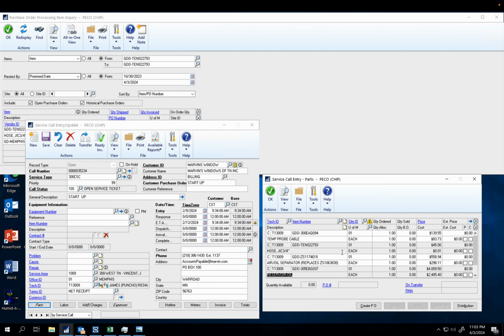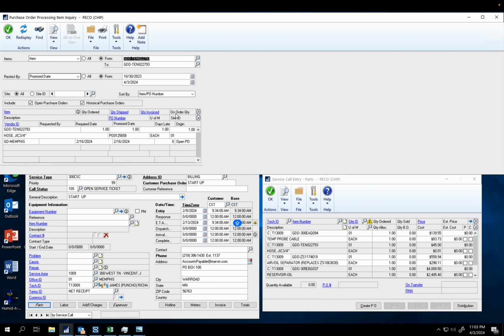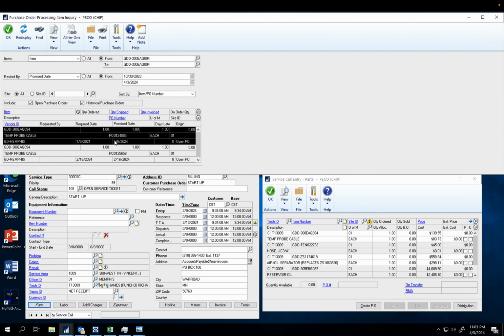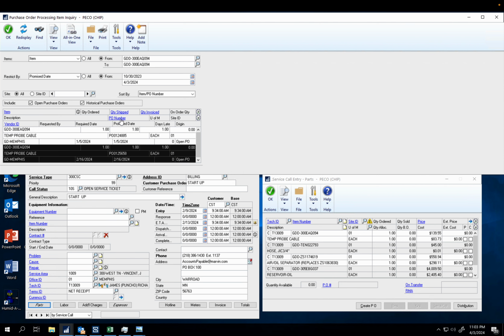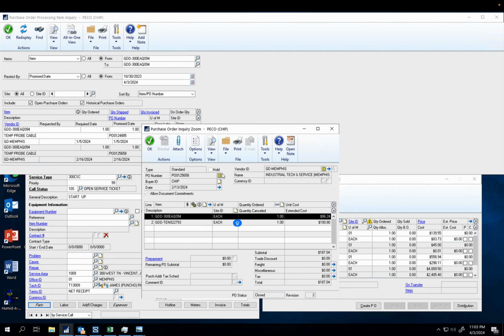In this instance, I'm going to look up this part number, which is on this ticket that was used. I'm going to put it in the purchase order processing item inquiry. I hit the redisplay button, and I'm going to pull a purchase order